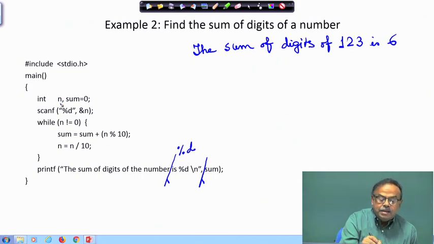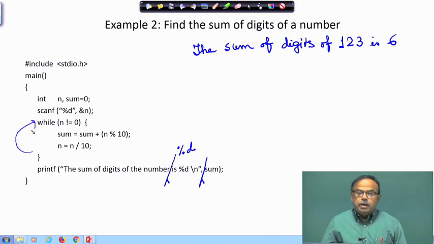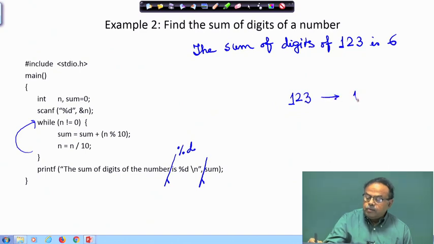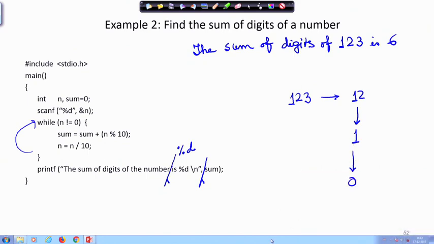My n that was provided by the user has already been destroyed in this loop. Because every time I am dividing it by 10 and making a new number, 123 is becoming 12, and then it is becoming 1, then it is becoming 0. So, I have to save it somewhere, this 123.